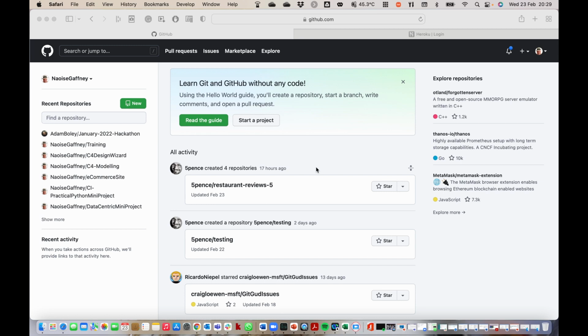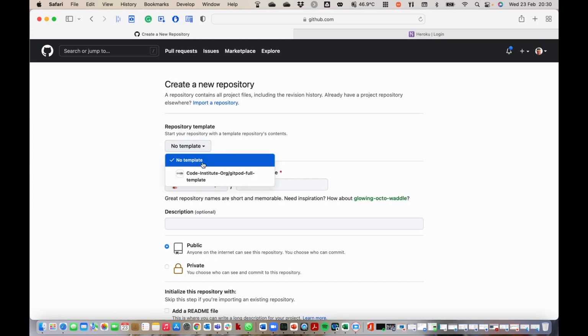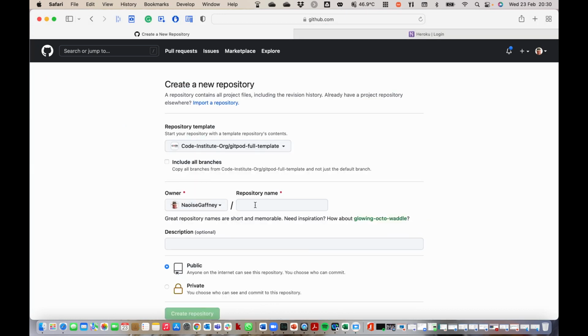So here we are, starting off in GitHub. I will create a new repository. I will use the Code Institute template. I will give it a name of, I don't know, let's call it Pipeline of Love, since this is obviously for this hackathon. So, Pipeline of Love,